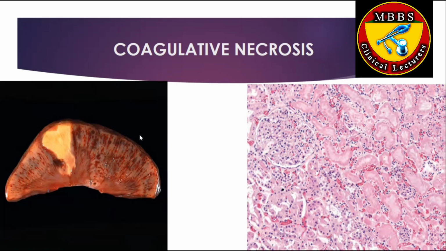It is a form of tissue necrosis in which the component cells are dead, but the basic tissue architecture is preserved for at least several days, and it is characteristic of infarcts, that is, areas of ischemic necrosis in all solid organs except the brain. The picture on the left side shows a wedge-shaped kidney infarct, which is yellow in color, with preservation of the outlines, and the picture on the right side shows